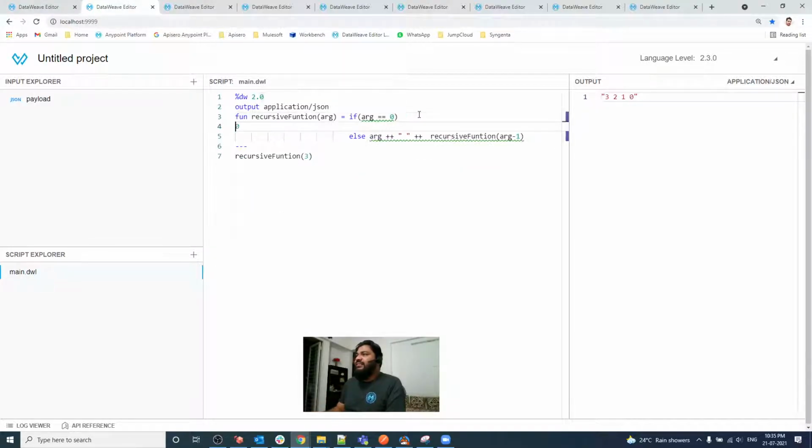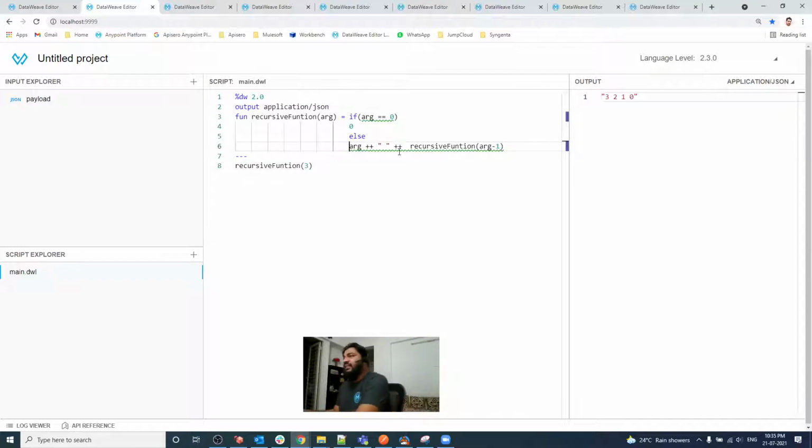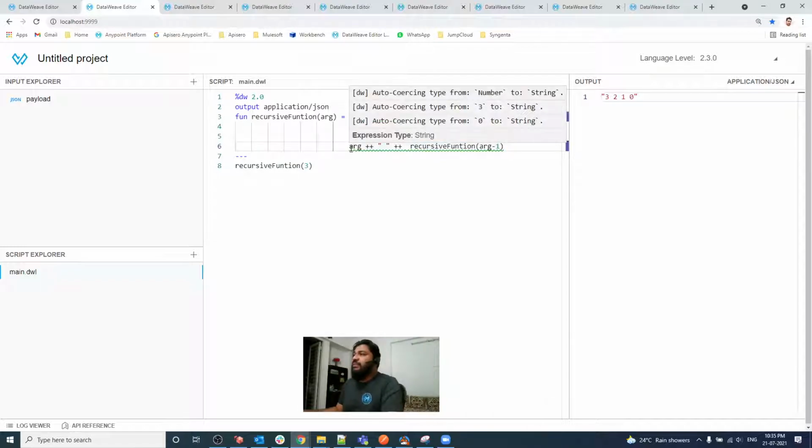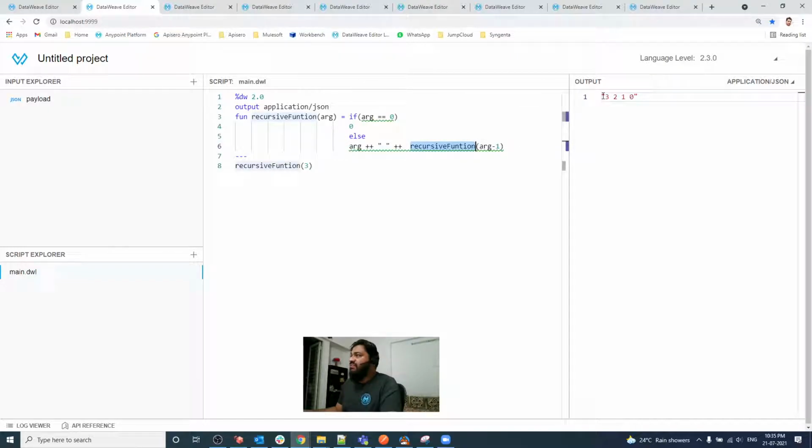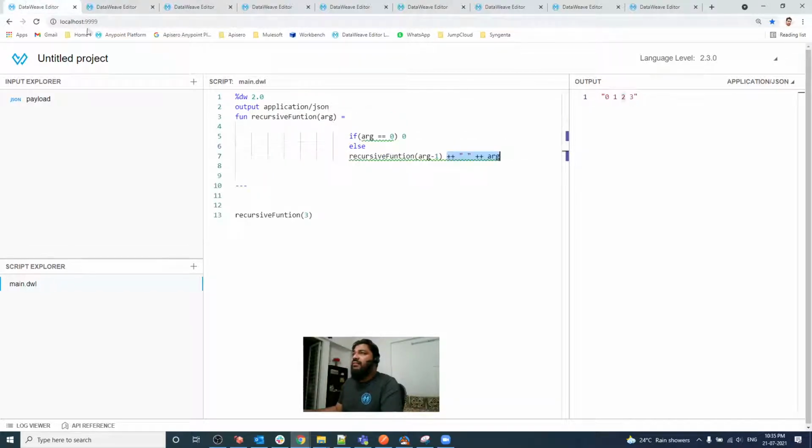Basically we have the same function, and this time we do the operation first, before calling the recursive function. There is no operation after the recursive function, so there is no operation stored in the stack. That's why it does this operation first and then calls the recursive function. That's why you see 3 first, because we don't have any remaining operation, and we are able to print 3 2 1. But in our previous example, we called the recursive function first, then did the remaining operation.